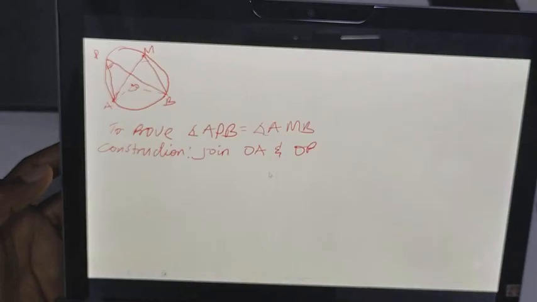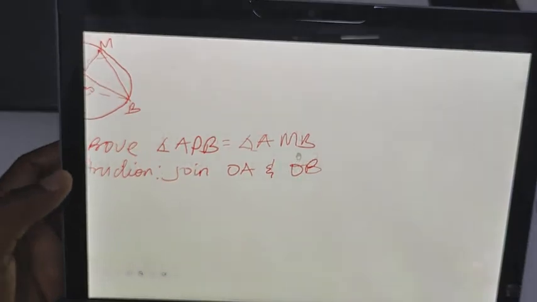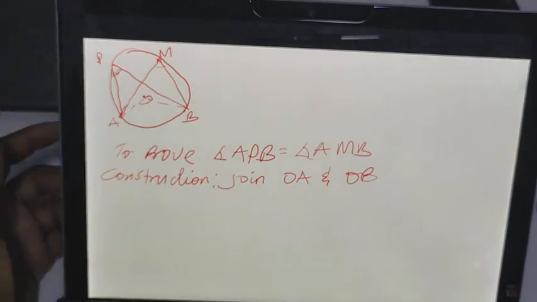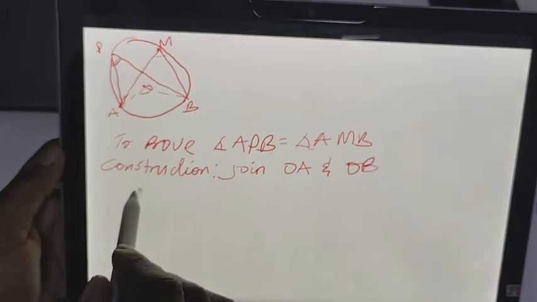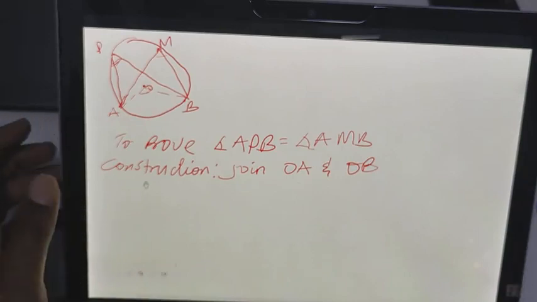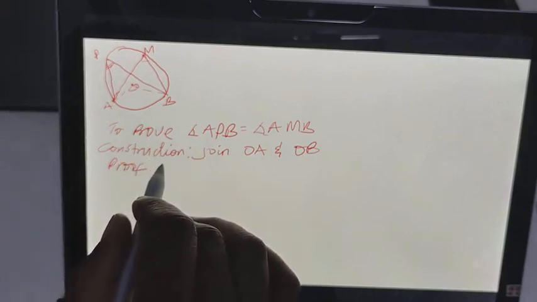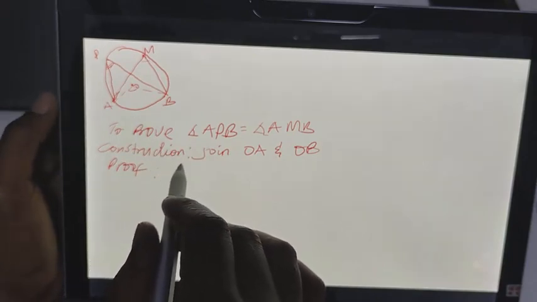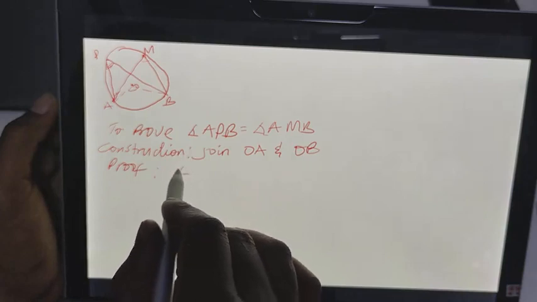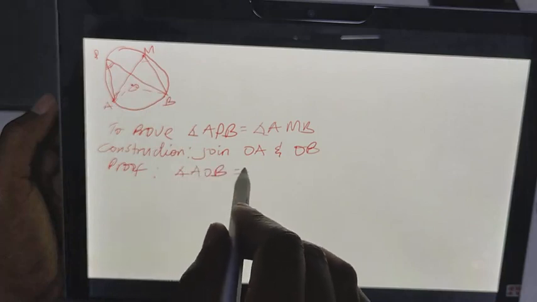Now for our proof, we know that angle AOB, the angle at the center,